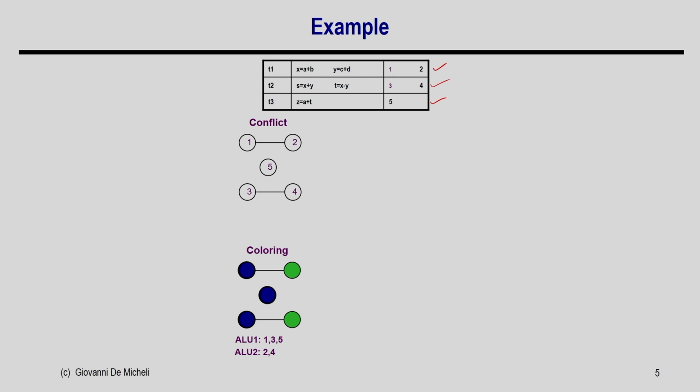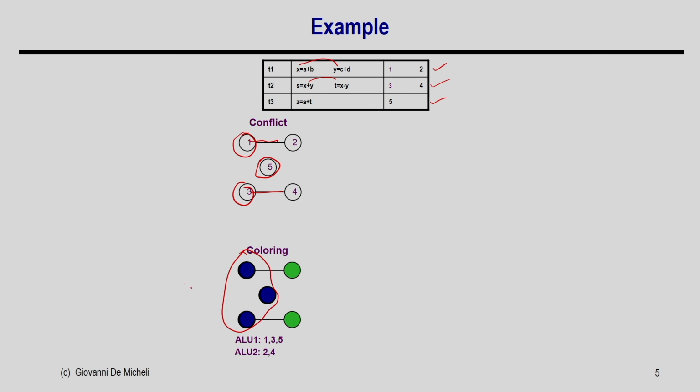So, here all the operations are ALU type operations, which are addition and subtraction. Okay. So, what is the conflict graph? This is a conflict because operations 1 and 2 are executing in the same timestamp. So, there is a conflict there, and then operations 3 and 4 are happening together, so there is a conflict there too. There is no other conflict, right. So, in this graph, if you try to color the nodes, I can give the same color to 3 nodes, because those 3 nodes are not adjacent to each other. So, that is what I have shown here.